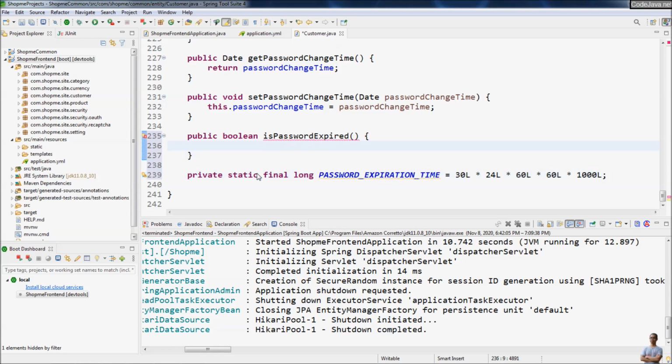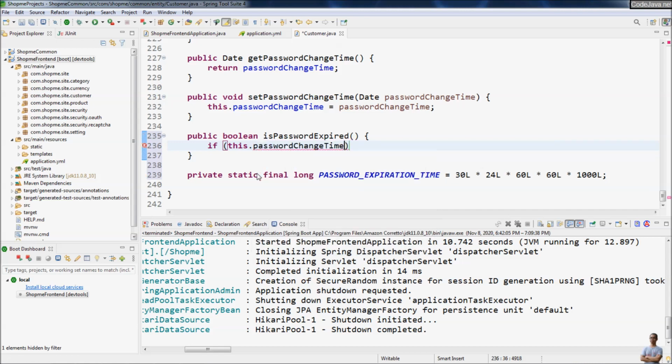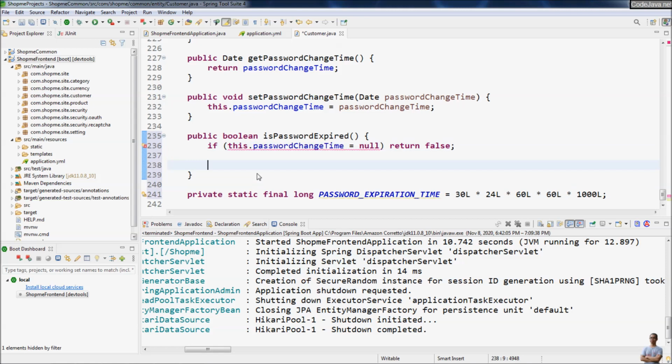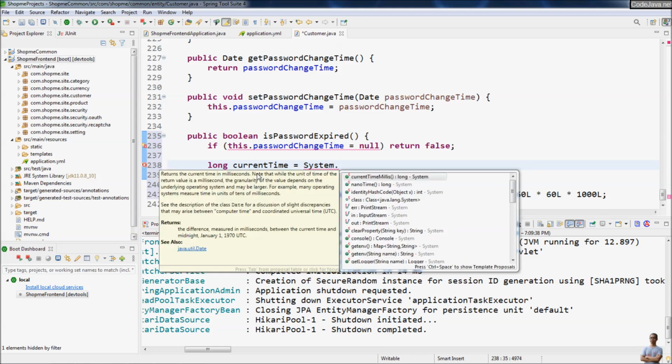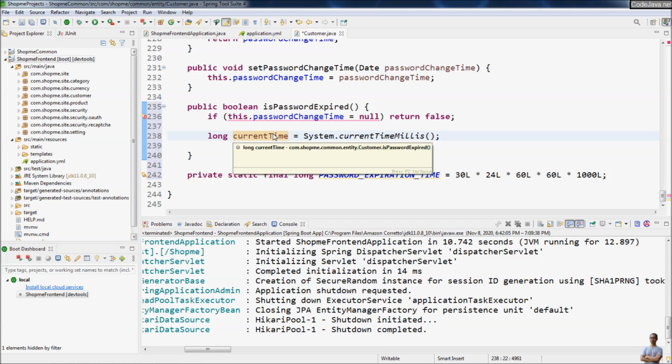And then in this method we check if the password change time is null, then we return false for this method. Else we check, we get the current time in milliseconds. Current time equal System.currentTimeMillis. Here this is the current time in milliseconds,